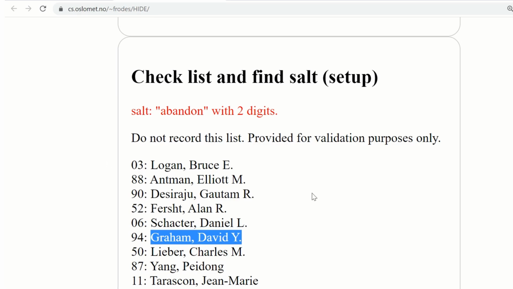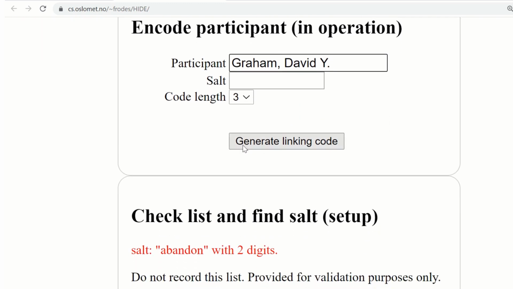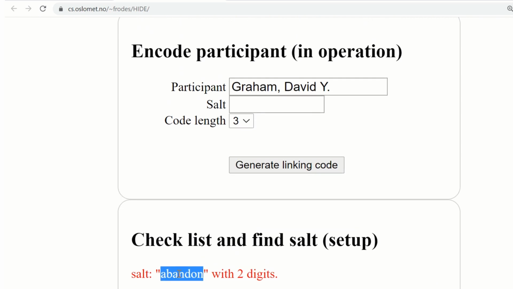Say I now want to look up the ID of Graham. I can now see here that actually the right answer should be ID 94, but let's try it anyway. So I enter here the name of the participant in the name field, Graham David, and then I know it's abandoned, so I can take the salt here, copy that up here